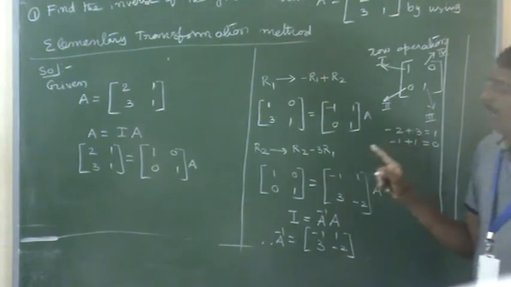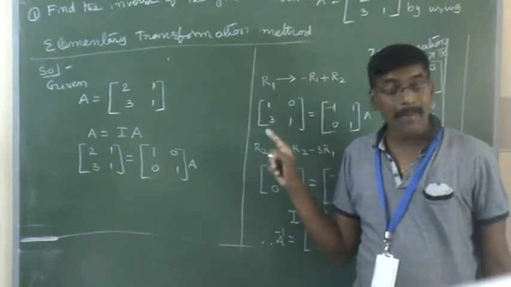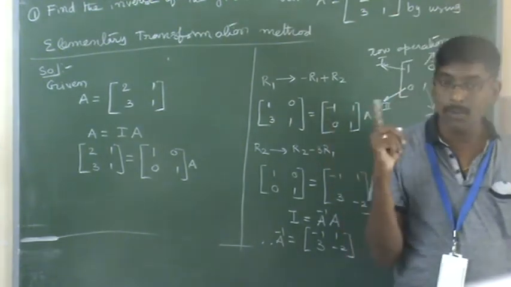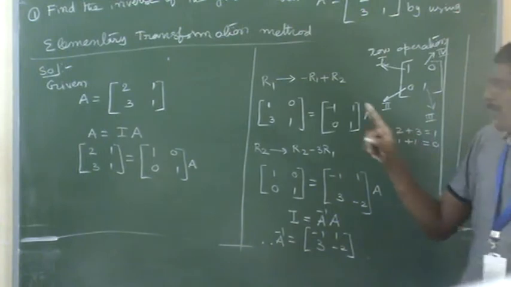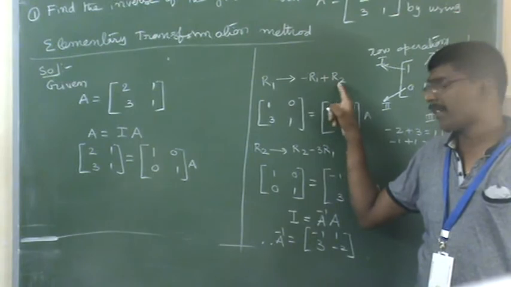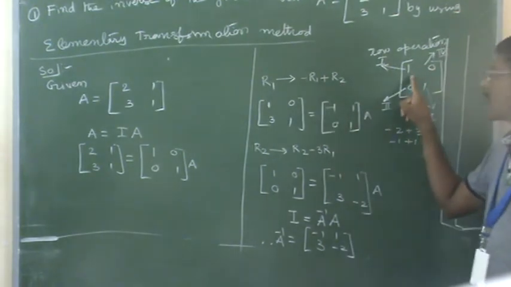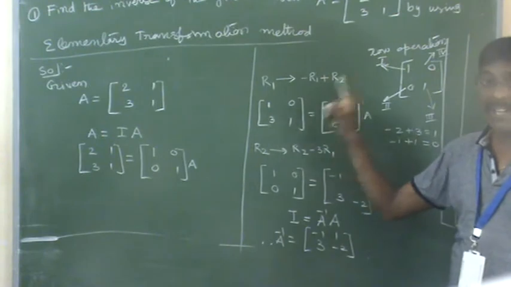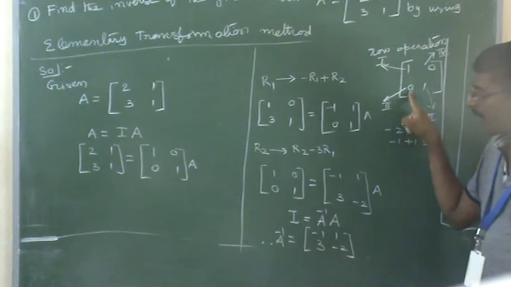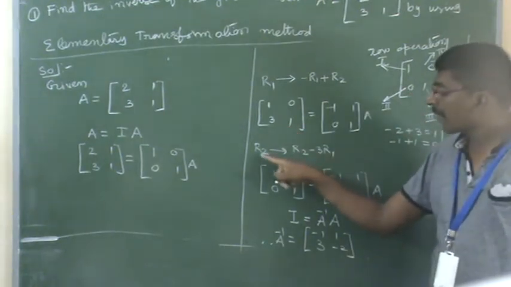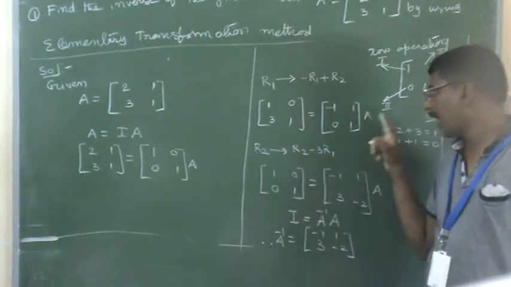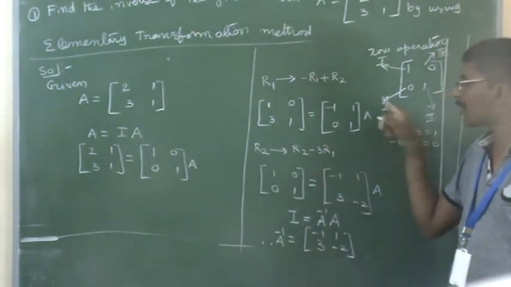In this one, elementary transformation rules you can understand very neatly. Addition of the two matrices, subtraction of the two matrices should exist, as I already informed you. So R1 tends to minus R1 plus R2, we can take it. Then the first A11 place we get the value of 1. Next, the A21 place value can be converted to 0. Once we use the formula R2 tends to R2 minus 3R1, automatically the A21 place value is 0, and the remaining also get zeros.